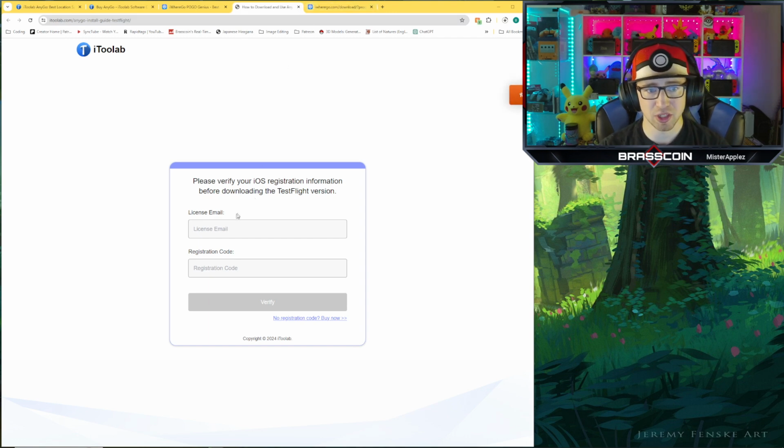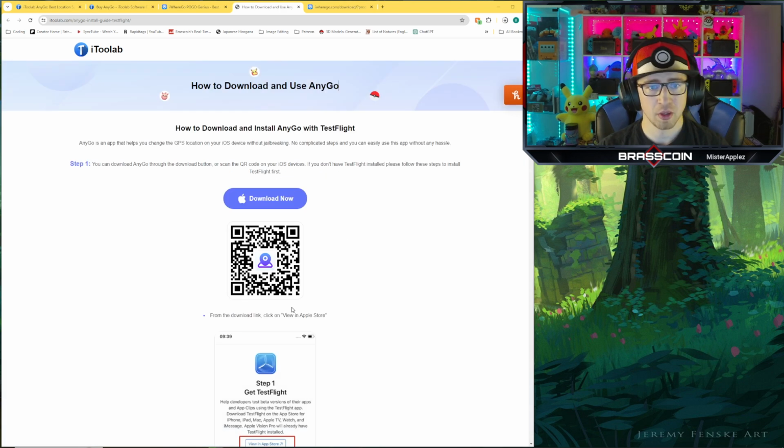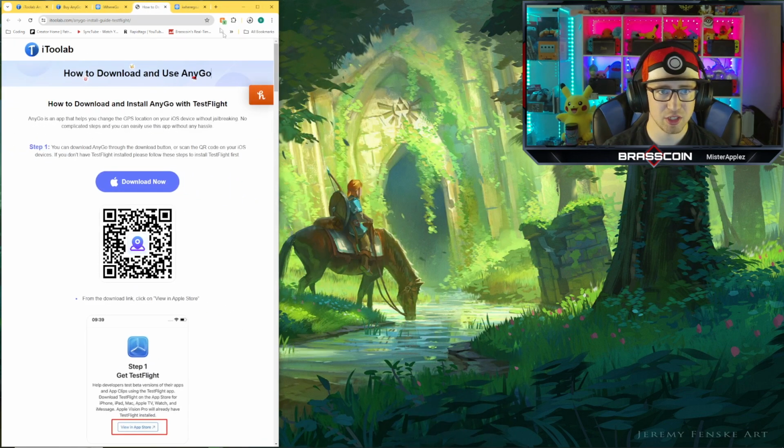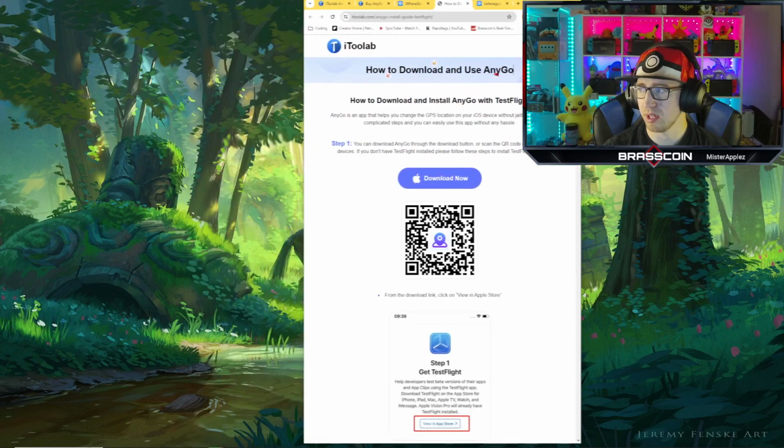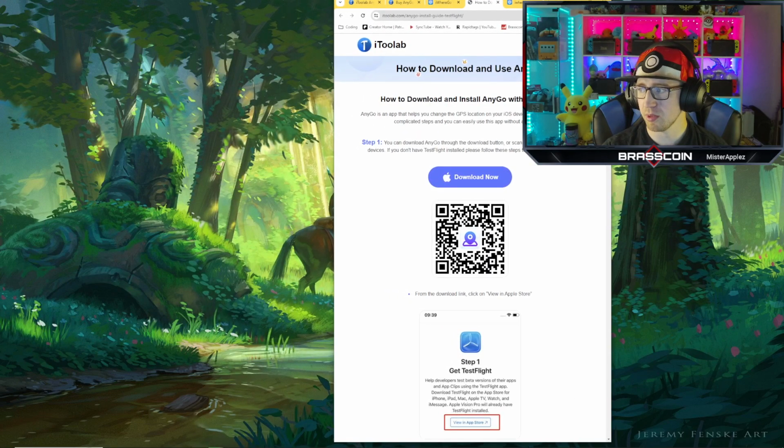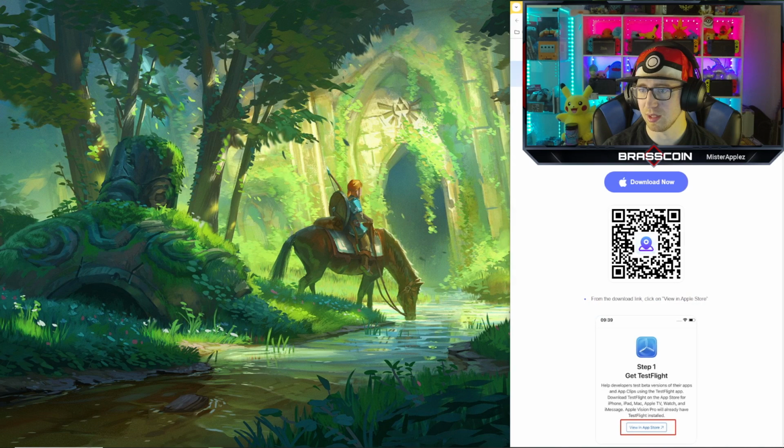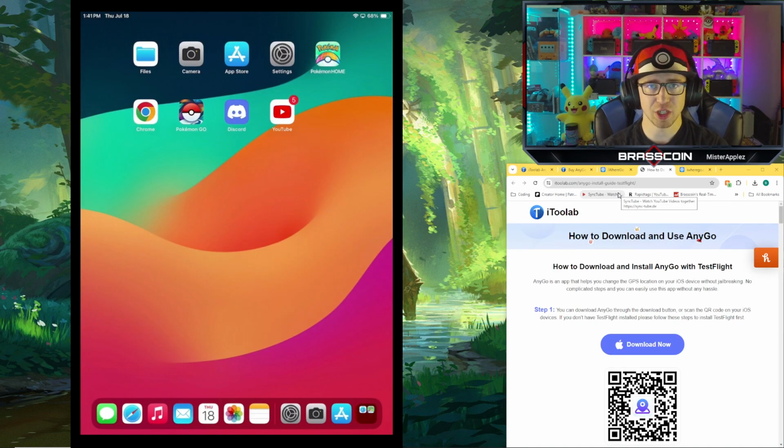iToolab here is going to ask for your license email, the email that they sent the license to, and the registration code they emailed you. So we're going to go ahead and cut and paste that here now. We're going to verify it. It's going to open it up to a download screen. Now this is going to be for your iOS device. So we are going to go ahead and minimize this just a smidge. We'll bring it over here behind my face because for the most part we're not going to need the website here. One of the links in your email you're going to get is the